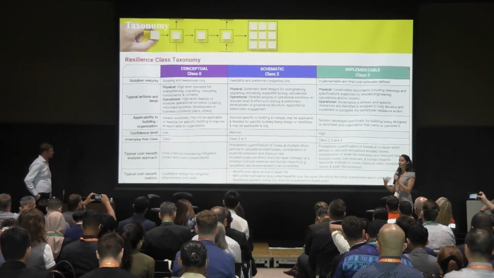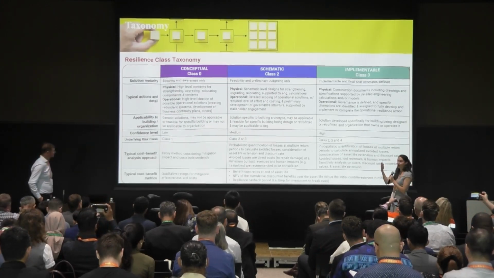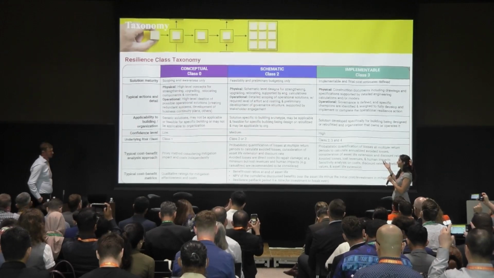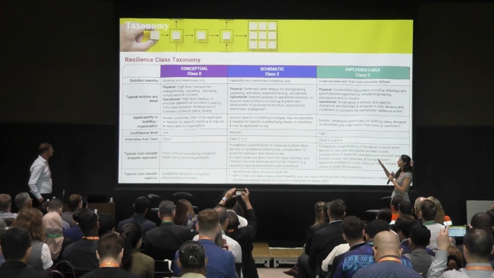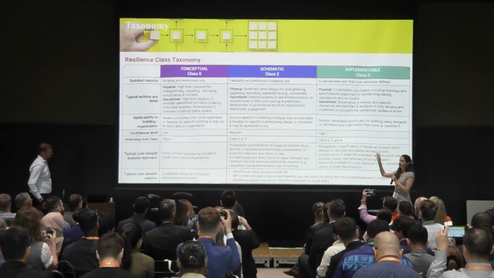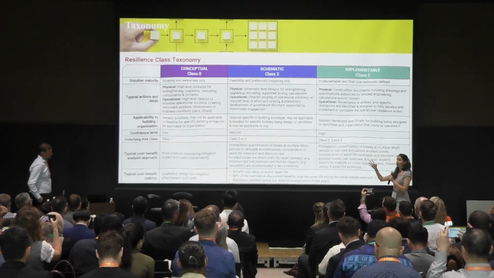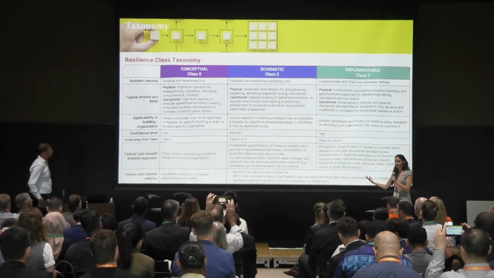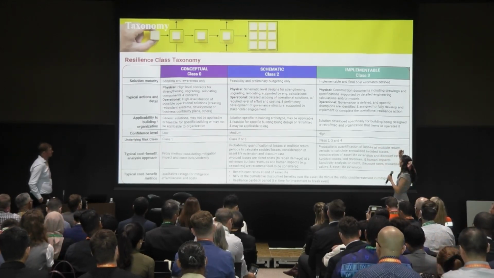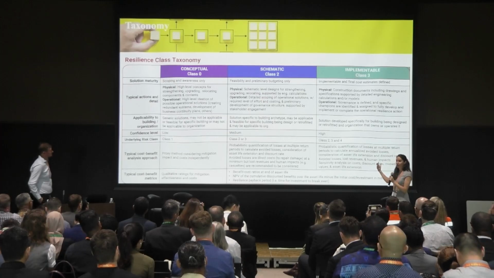And those decisions are supposed to be resilience measures or recommendations. So we have the similar resilience class taxonomy. It's a simplified table as well, where again, we're saying, if you're looking to get measures that are just at a conceptual level, we call them a class 0. If you're looking for schematic measures, class 2, or implementable, kind of ready to implement measures, that's more of a